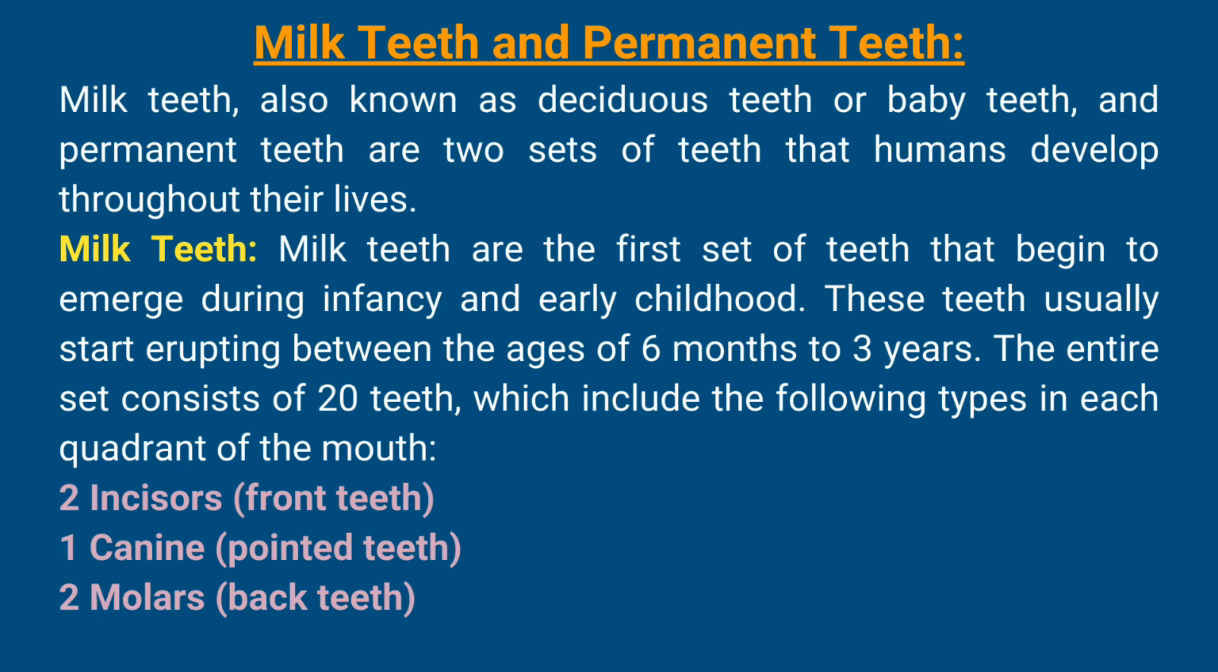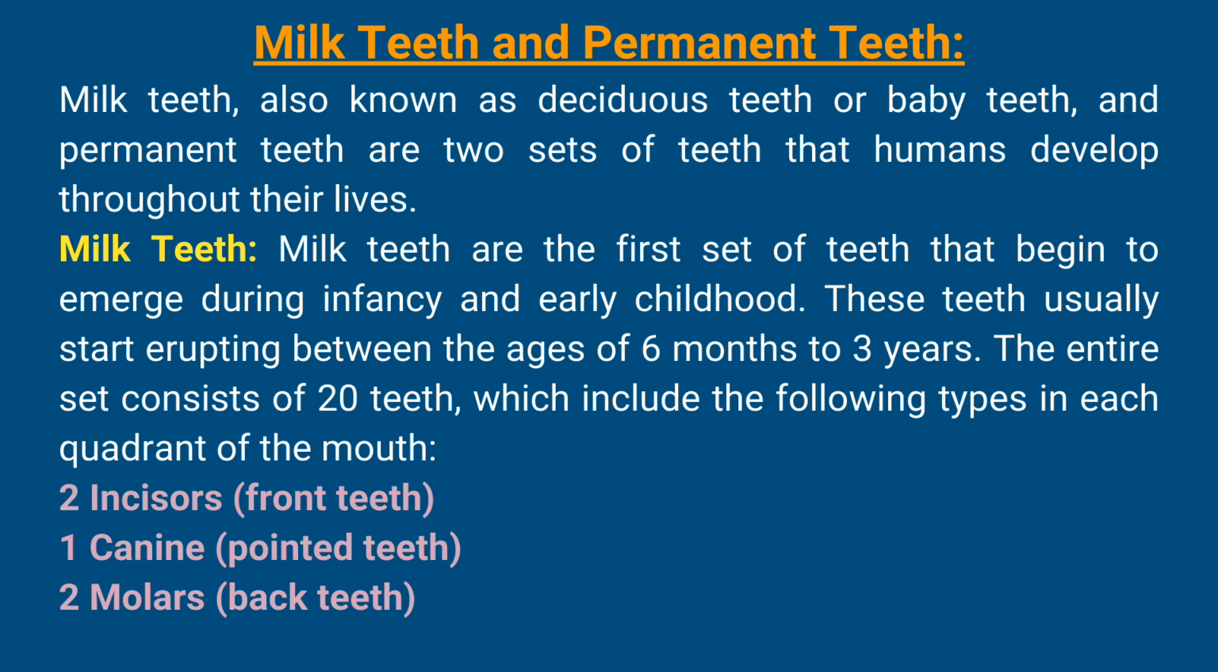Milk teeth and permanent teeth. Milk teeth, also known as deciduous teeth or baby teeth, and permanent teeth are two sets of teeth that humans develop throughout their lives. Milk teeth. Milk teeth are the first set of teeth that begin to emerge during infancy and early